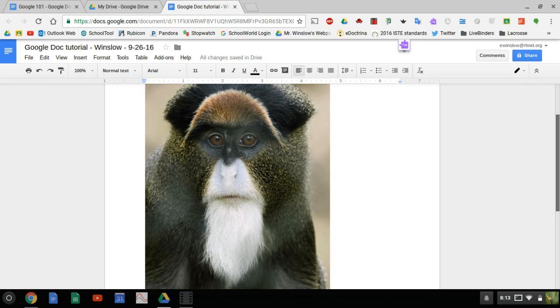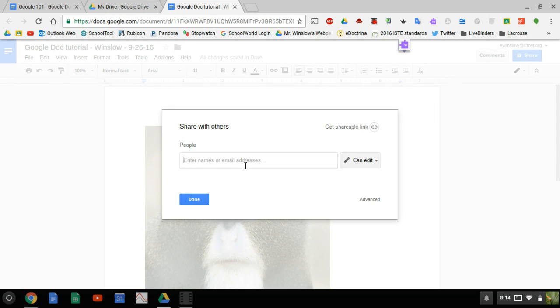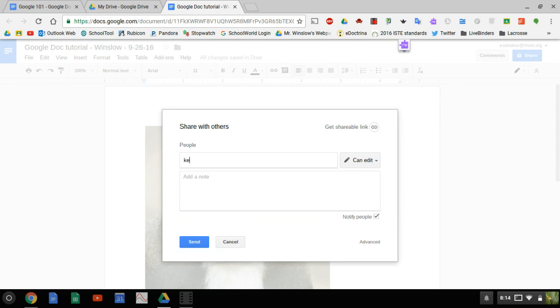The last thing we're going to talk about with Google Docs that we really like is the ability to share what we have with people. So if we go up here to this button right here, right now it says private to only me, which means I haven't shared it with anybody. So if I wanted to share it with somebody, I can click on that and this will pop up. And you can just start typing someone's name. So if I wanted to share this